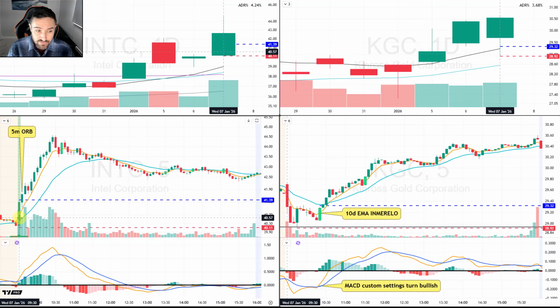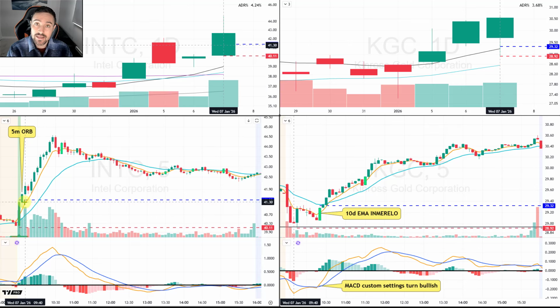It can have high relative volume, it doesn't have to have high relative volume for me. There is no differentiating factor I've seen in the success of ORBs, whether there's really high volume or there's not high volume. So volume is not something I particularly care about. It's more the price action, and I'm looking for a bar that indicates that demand is well and truly in control. So it opens on the low of the 5-minute bar, closes pretty much on the high of the 5-minute candlestick. That's what I'm looking for, and I'm looking for that bar to be displaying intraday relative strength versus, in